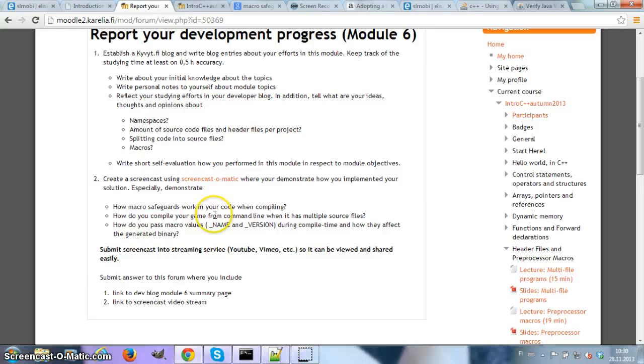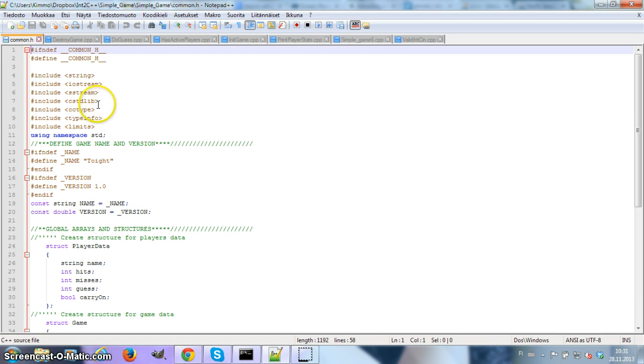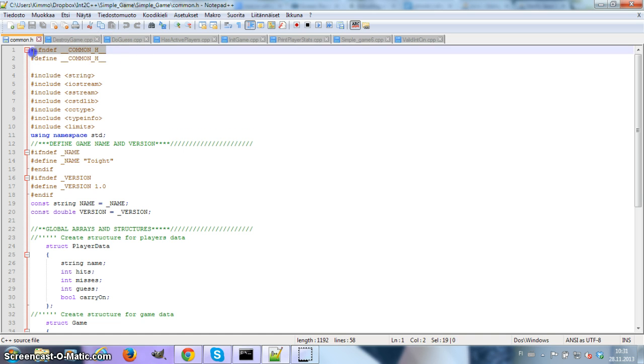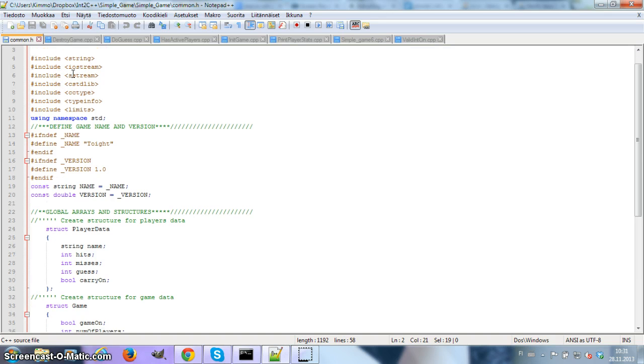Hello, I am reporting my progress in final module 6 and I demonstrate how the macro safeguards work in my code when compiling. I have this kind of macros in here, defining common age, and if it's not defined yet, then I define it by including all this